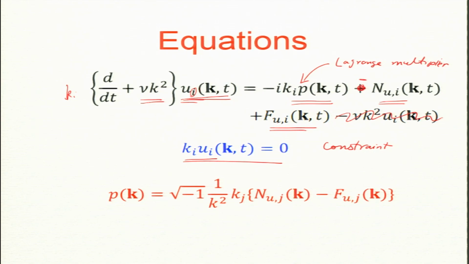There are too many typos. You know why? Because my definition of the nonlinear term is u dot grad u. The N vector is u dot grad u. When I take it to the right-hand side, there must be a minus sign. Okay, so the minus sign is here. So, I take it to the left, so that becomes N minus f, and divide by k squared and i.